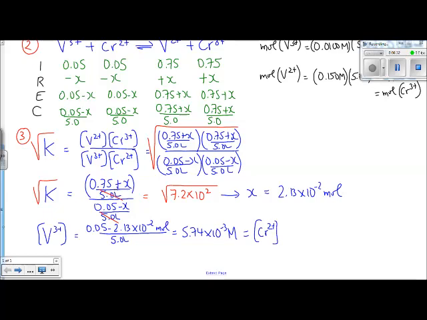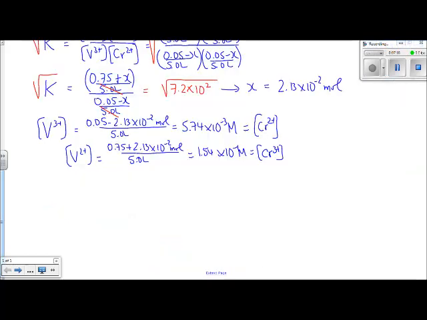Now for the products. So we can now calculate the molarity of V2+. We're going to do the same thing. We're going to substitute in the value for x that we have now found, this time into the expression for the equilibrium concentration of the products. So V2+ molarity, we put these numbers into our calculator, and we get a molarity that's also equal to the molarity of